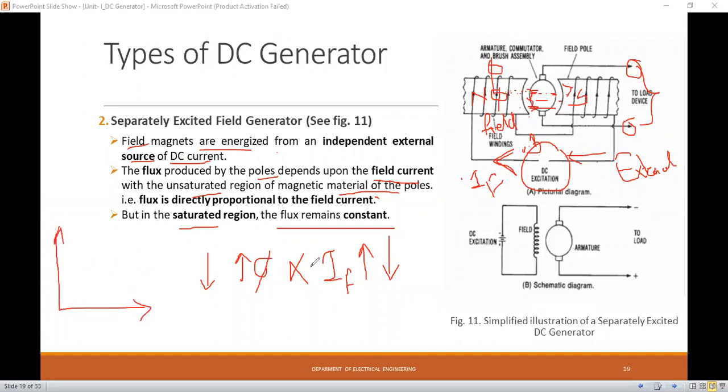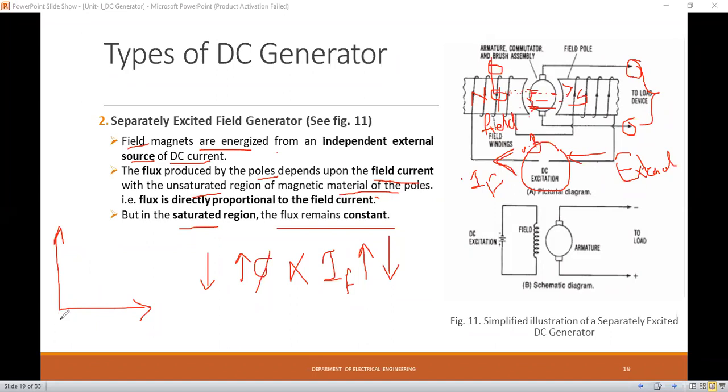For example, in case of saturation, suppose sugar is dissolved in water, right? One condition is when you are taking some sugar and adding it to water. At one stage it will become such that the sugar will not dissolve in the water; the sugar remains as it is. So after this stage it is nothing but the saturation point.